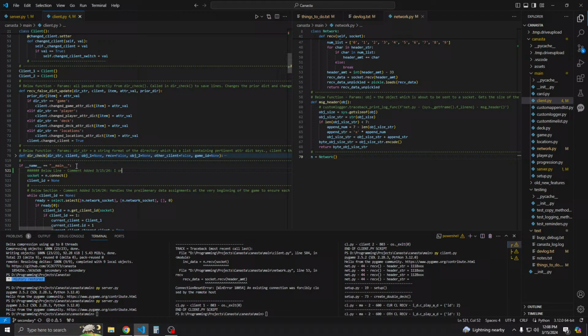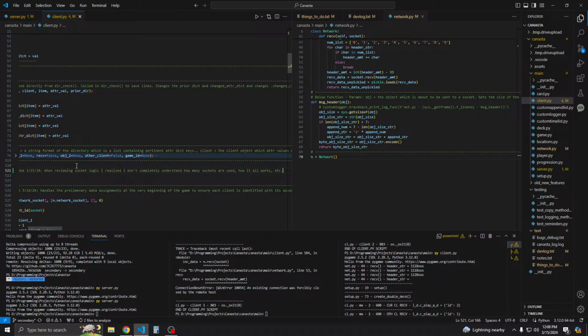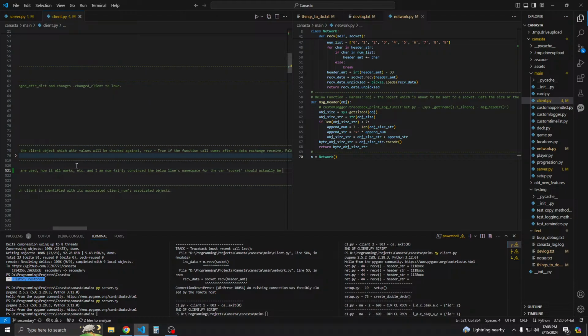So we'll just put: when reviewing socket logic, I realized I don't completely understand how many sockets are used, how it all works, etc. And I am now fairly convinced the below lines' namespace for the var socket should actually be connection, or something that more precisely represents the idea that